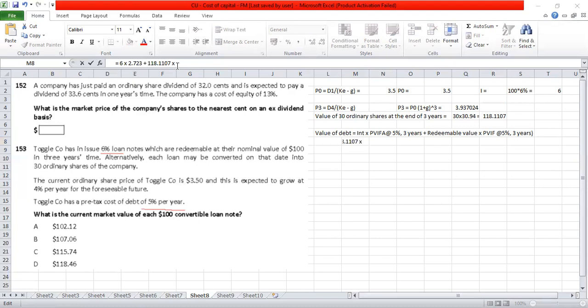So just tell me what is the table value. You should be having table values with you. Please look into that and tell me what the table value is. 0.864. Sorry, I didn't get you. 0.864. Okay. So just calculate that. It is equal to 6 into 2.723 plus